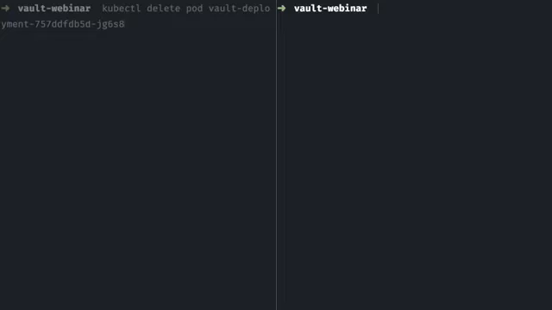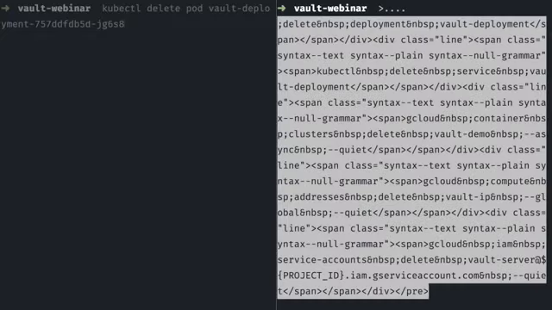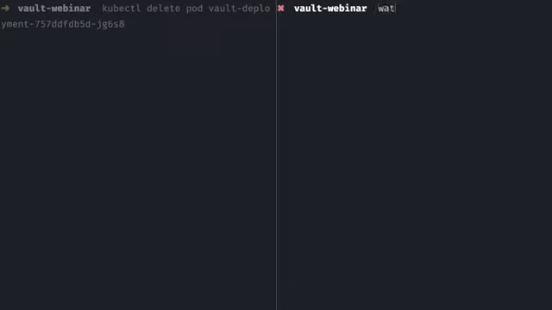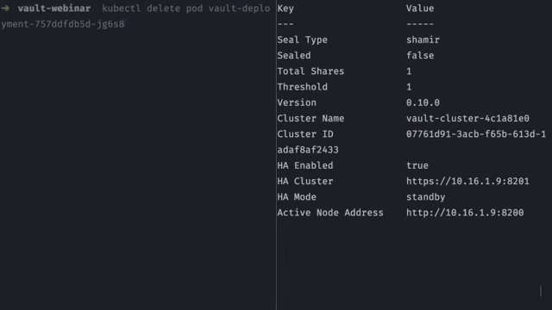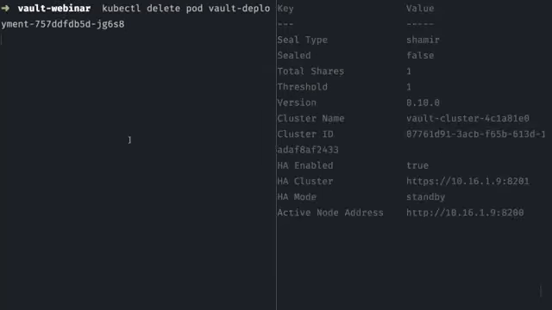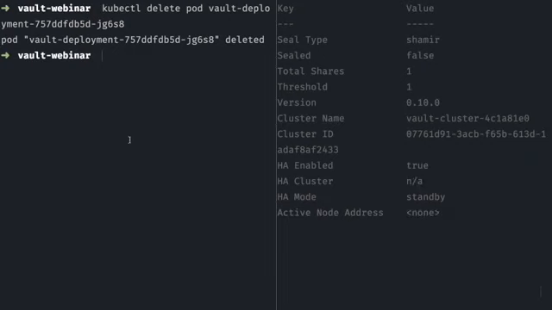Let me get the, whoa, watch -n 1 vault status. So what we should see is this will update every second. When we hit the leader, we'll see a slightly different output, but what you'll notice is that right now the active node address is 1.9. So if I come over here and I delete this pod and we pray to the demo gods, we'll see